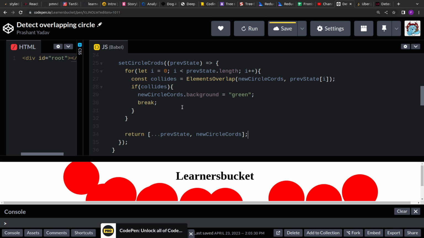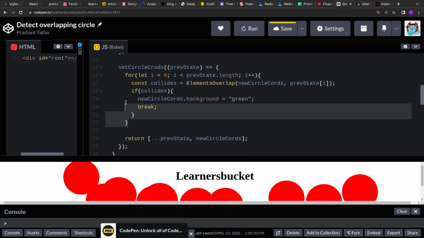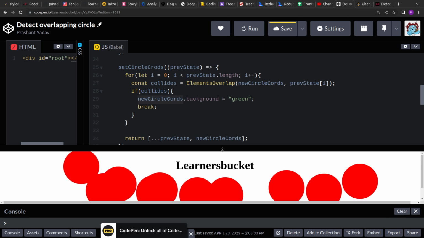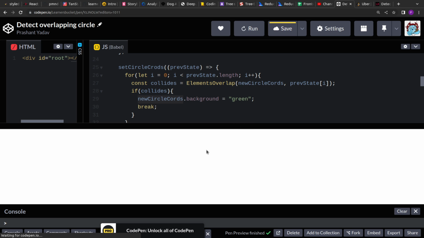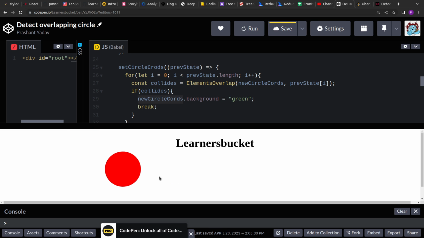So that's it. What we did is, before updating the state, we added a check where we compare the current circle's coordinates with all the previous circle coordinates that we have in the array. And if any of them is colliding, we are updating the background color of the current circle. And let's run and see if this is working fine or not. So here I have the first circle, and if I click over here, see the second circle collides and the color